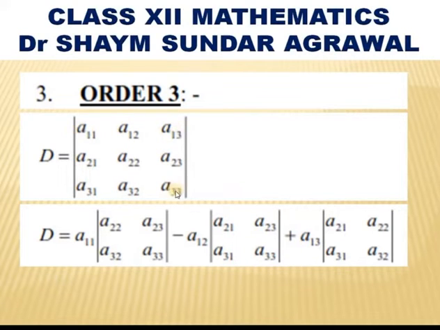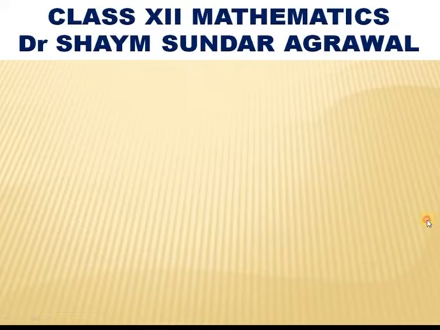plus A13. A13 lies on the first row and third column. So, by deleting all the elements of the first row and third column, the determinant of the rest of the elements is A21, A22, A31, A32. Next, as per our previous arguments, we know how to find the determinants of order 2. So easily we can find the determinant of order 3.